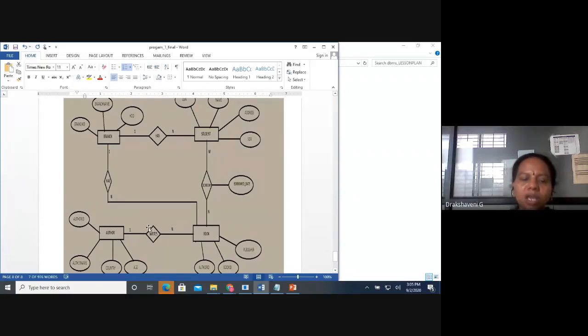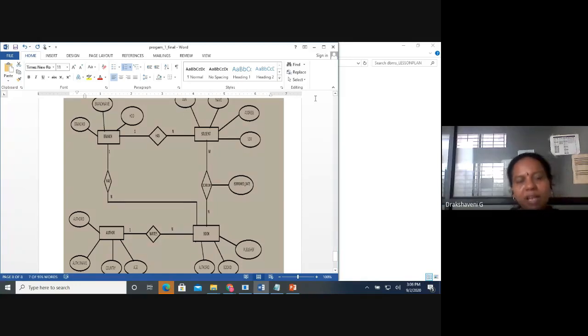Like this we say 1 to 1, 1 to N, and so on. This is about your ER diagram. In the same way, in MCA we want the Navathe book for 3rd sem students. So this is called an ER diagram.